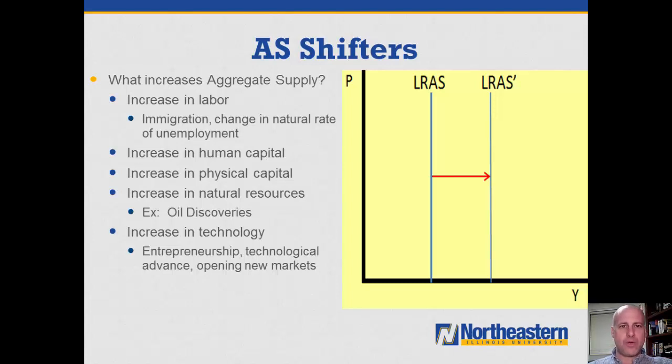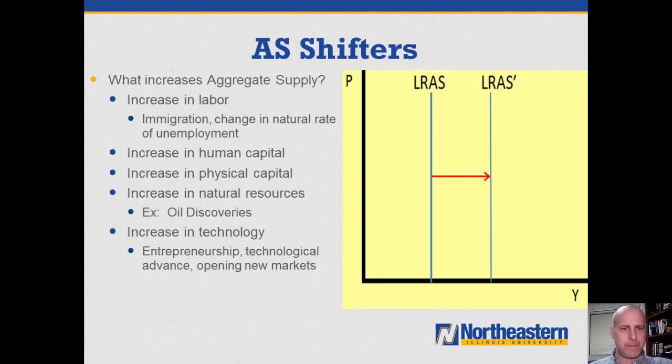What kinds of things increase aggregate supply? Well, think back to the very early lectures in the course where we thought about the factors of production in the production possibilities frontier. The things that shift the aggregate supply curve are the same things that shift the production possibilities frontier. If we have an increase in labor, for instance, through immigration, we might see an increase in